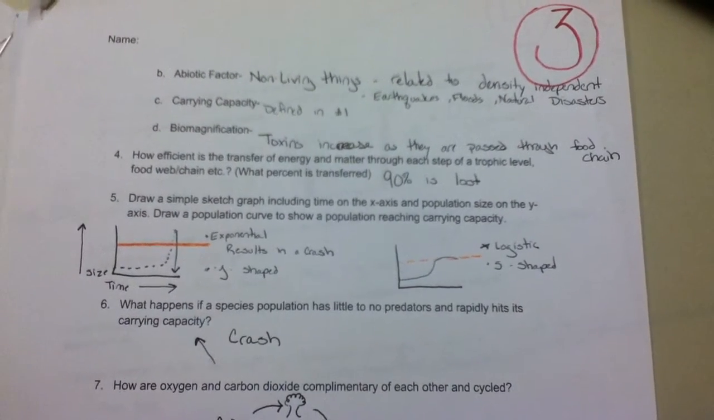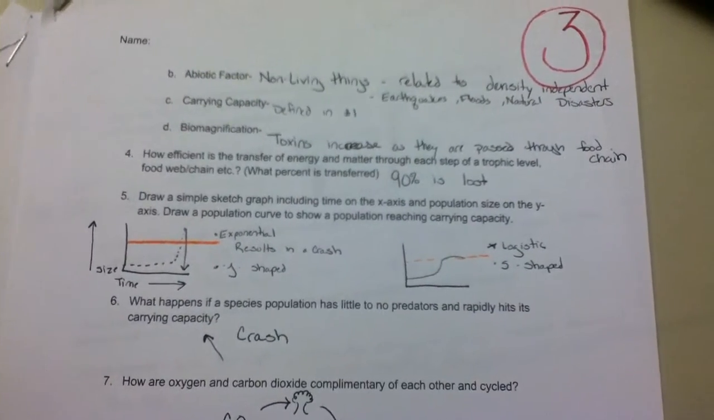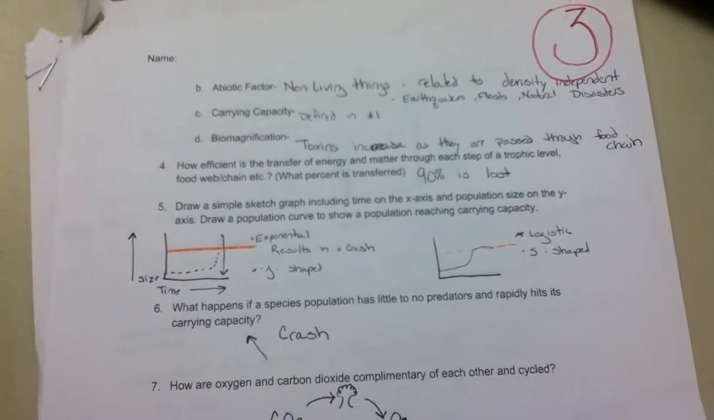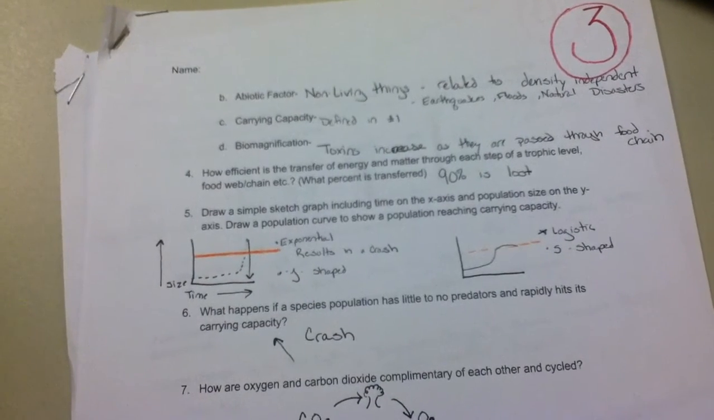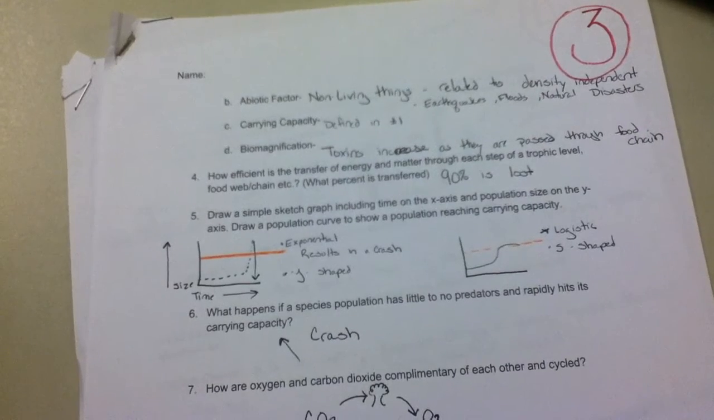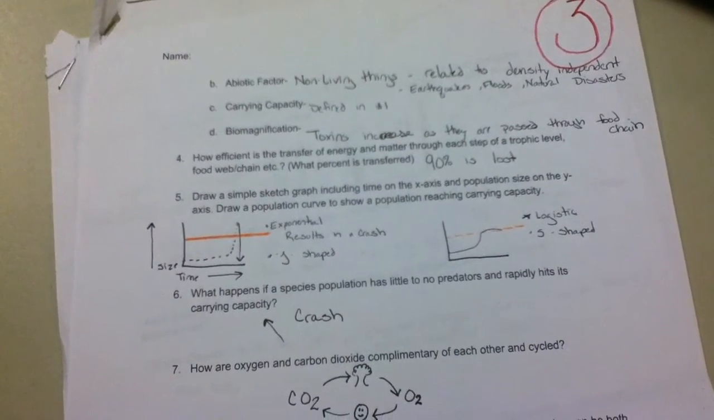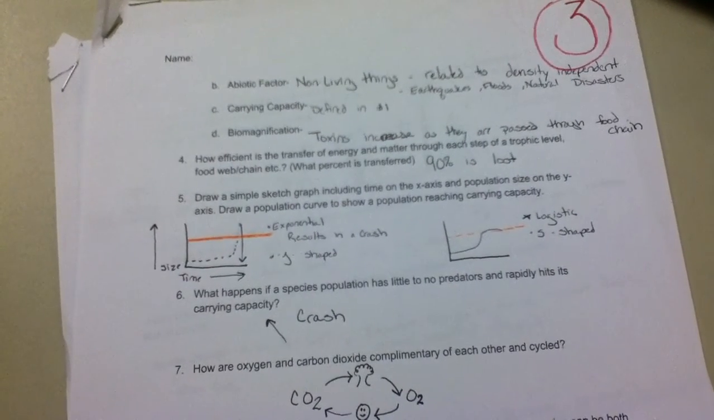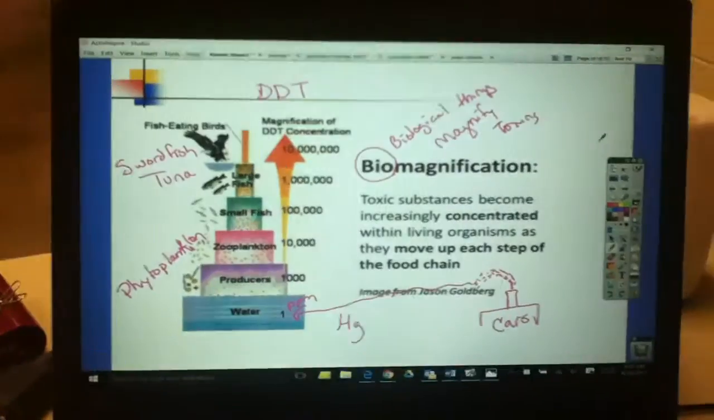Biomagnification is the process of toxins increasing as they are passed through a food chain. So while biomass and energy decreases, toxins are going to increase as they move through the food chain. This is in the Human Impact PowerPoint on slide number, let me get to that slide, just one second, here we go. It's on slide number 14 of the Human Impact